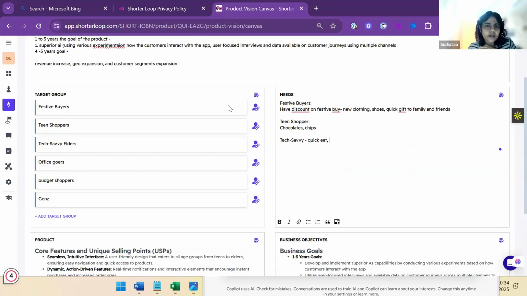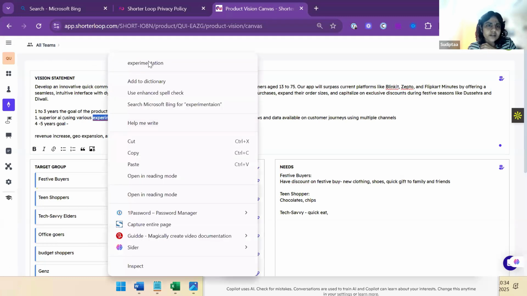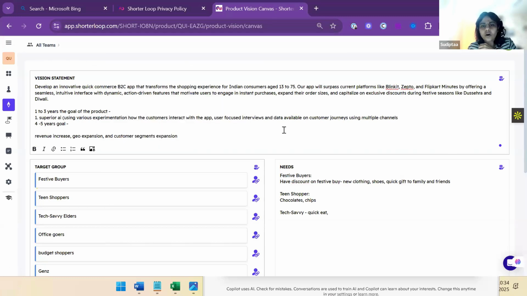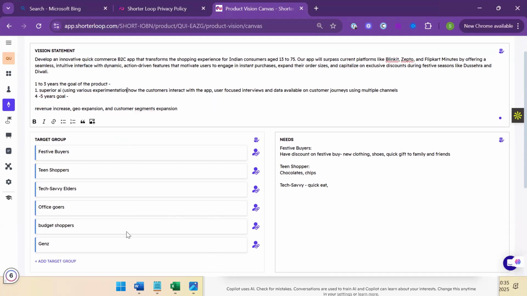So here I stop, and this is where the tool is helping you to polish your vision by doing the right market research and competitive intelligence. So you saw the outputs are not at all comparable to ChatGPT and Perplexity. That is market research and competitive intelligence. Loop is an AI product management tool. It helps you to build a clear vision of your product by doing the right research, by doing the right.